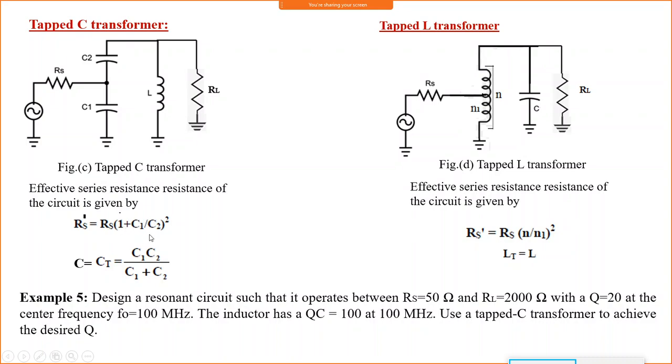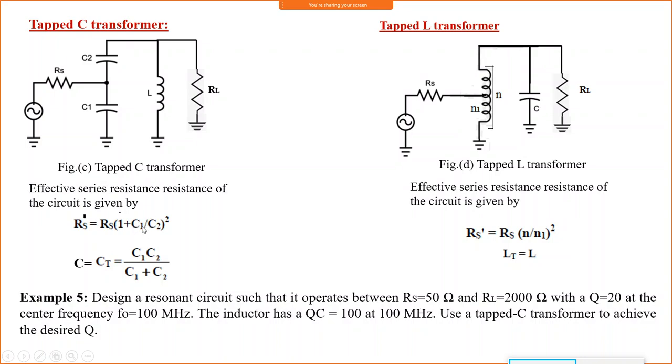So based on this C1 and C2, the RS value changes here. RS now equals RS dash. Even if RS is lesser, we can increase this net resistance by doing this with C2 and C1. You can take C1 and C2 based on what value of RS dash is required. Based on the quality factor, you can choose the values of C1 and C2. To increase, C1 is automatically greater than C2. C1 should be greater than C2.